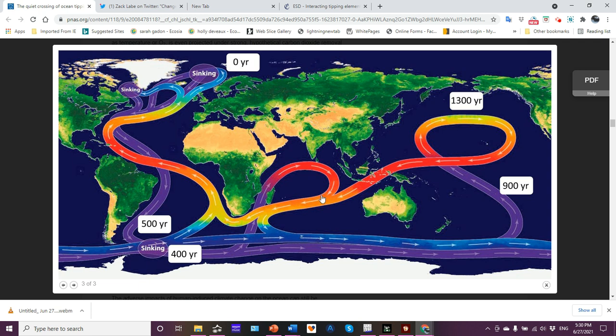Some will split, move into the Pacific Ocean. Some split goes into the Indian Ocean. So you can see all the different possible pathways this water can move as it sinks and flows. And then, of course, this is the return into the Gulf of Mexico region. This is basically a Gulf Stream into the Nordic Seas.